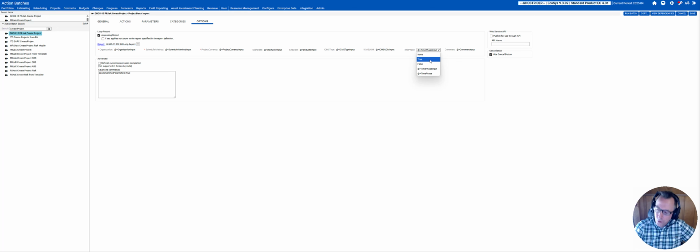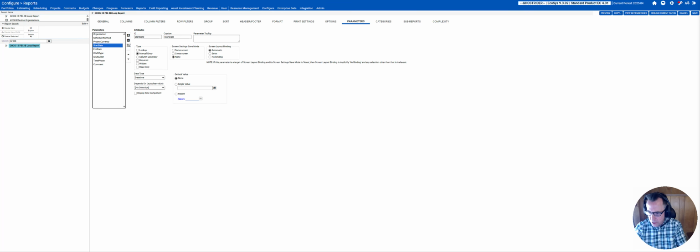So I can do true, false, or nothing, like always. But it also recognizes there are two Boolean parameters in this action batch that could be selected here, which is great. It just lessens the chance of a copy paste goof. So that's that. And then the little trick that I made the short video about yesterday is, okay, so we're